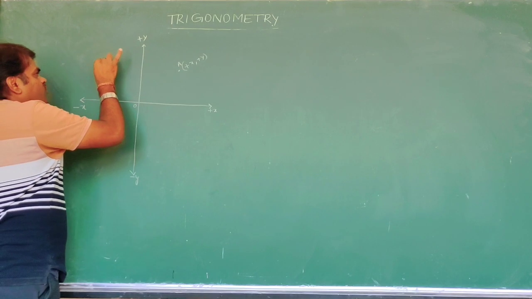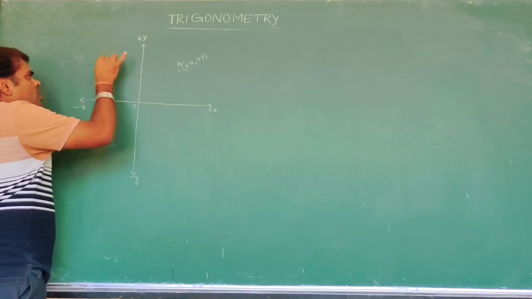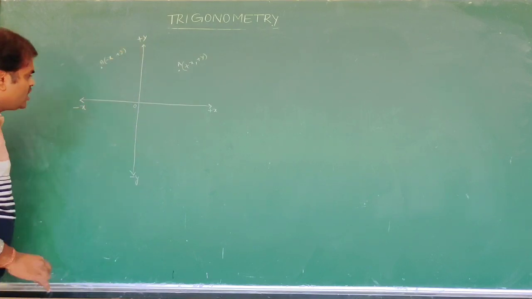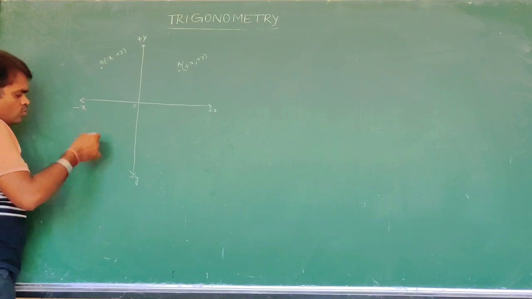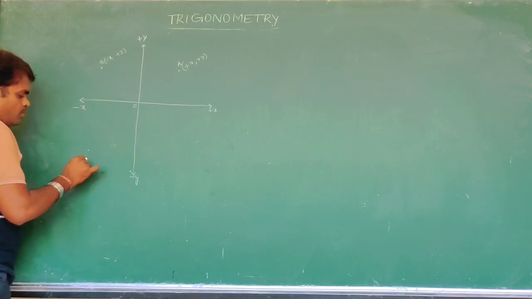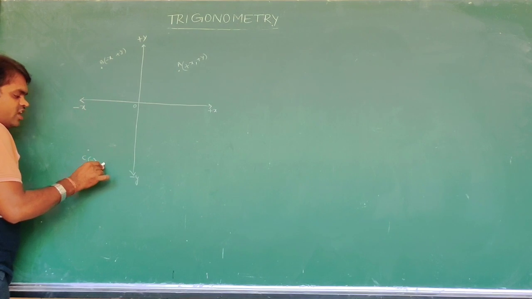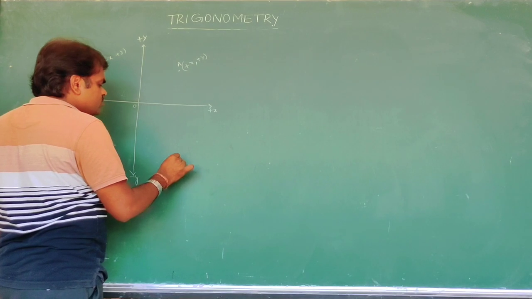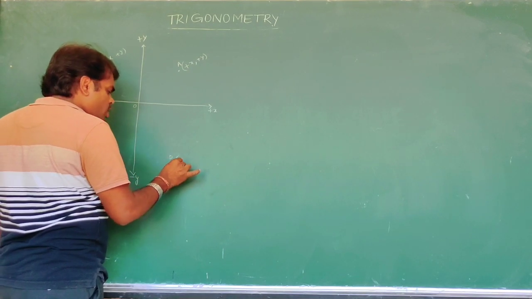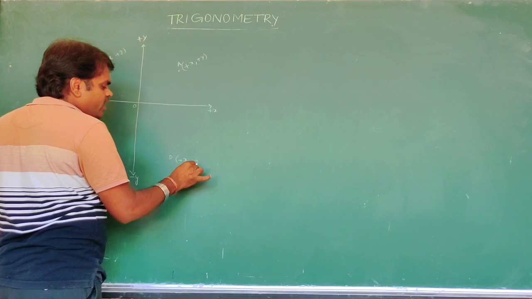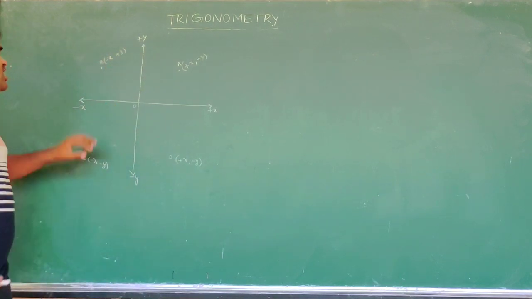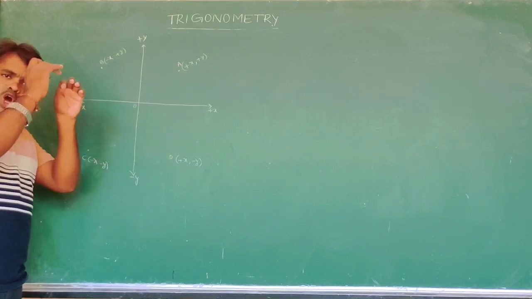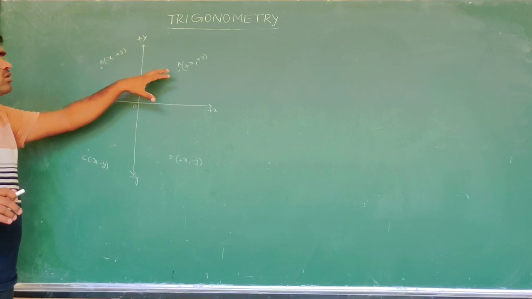Here is the position of the point in this positive x-axis and positive y coordinate. Here at this point, we say that this is the C point, negative x-axis and negative y-axis. We say that this is the D, positive x-axis and negative y. Based on these coordinates, this point belongs to this place.